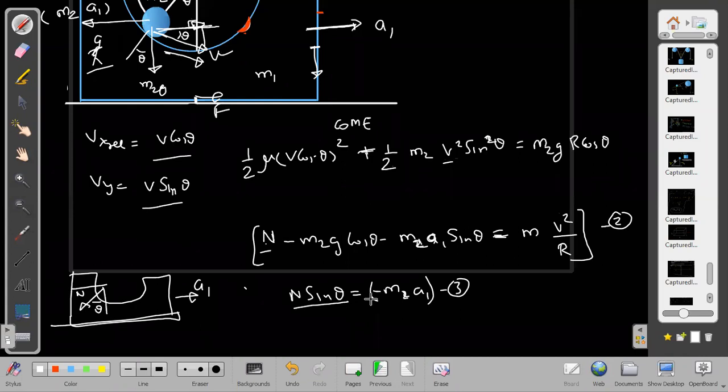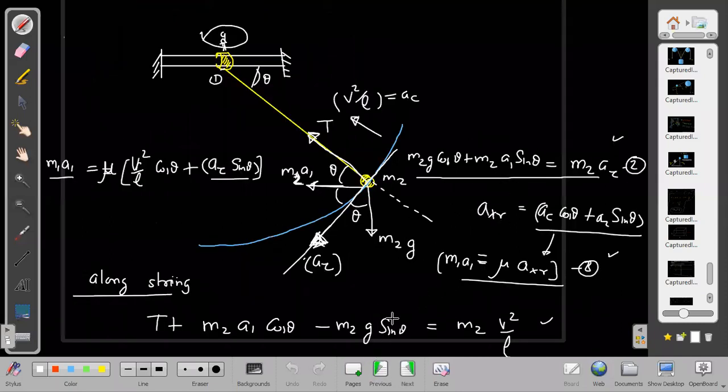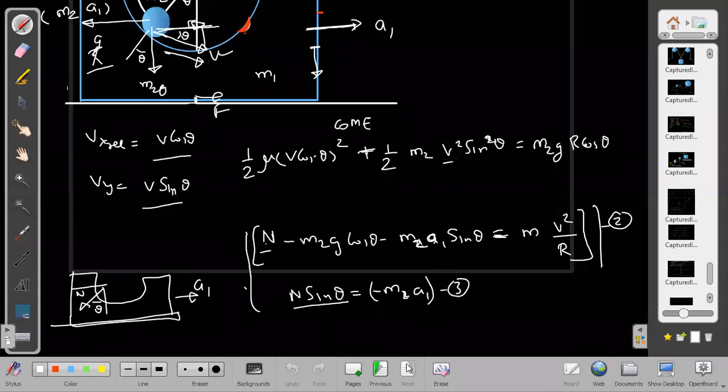In the first equation, are we getting V square or not? Yes, sir, in the first equation we are getting V square. V is known. Which equation was the first equation? This was conservation of mechanical energy, half mu into V cos theta. I think this is still an advantage compared to the last. I have minimized the equations here. Now I'm noticing I'm writing two only, one is conservation of mechanical energy. Last time, I wrote three equations, plus some constant relation equations, and it was still appearing complicated. Now it is much simpler, I think, compared to the last case also.